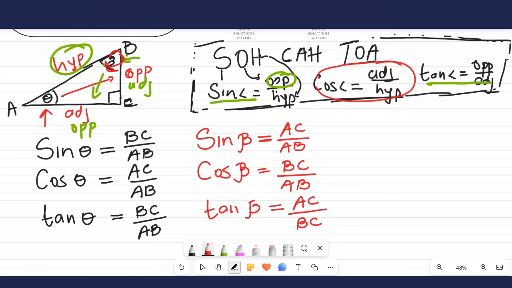Good. So we understand that the angle that you're talking about is very important for you to determine which side is actually opposite or adjacent. But the hypotenuse is always the hypotenuse, because the hypotenuse is always the side which is opposite to the 90 degrees. So the other thing that I also want to remind you is that when you have a right angle triangle,